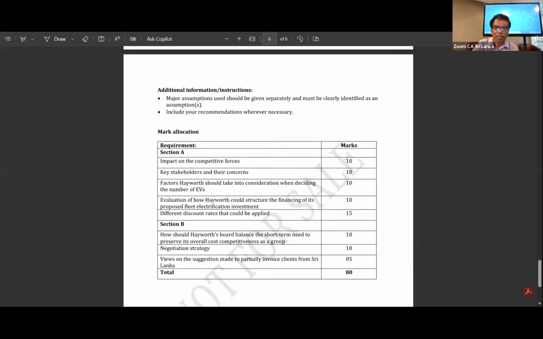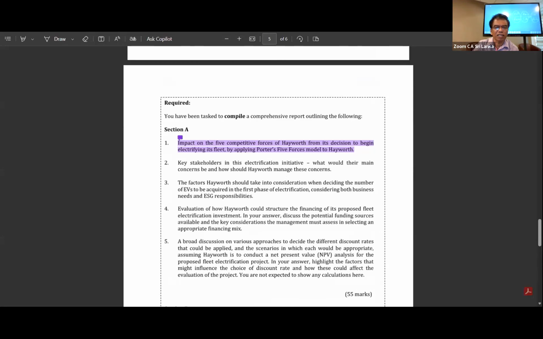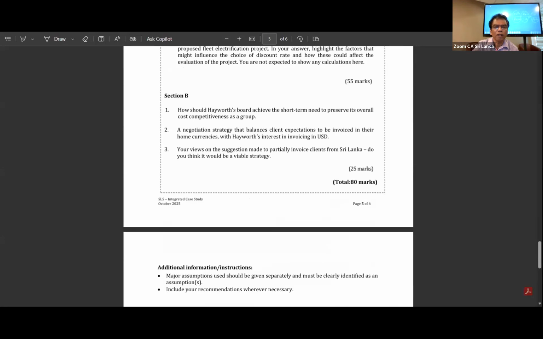So that is our example A. This is a marking scheme. This is how marks are allocated for section A, section B. This is the section A, section B explanatory note. The most important thing is this. You allocate your time using this, right? If you want to have the subheading, you can use this subheading. But make sure that the explanation must be understood. This is exactly what I told you.